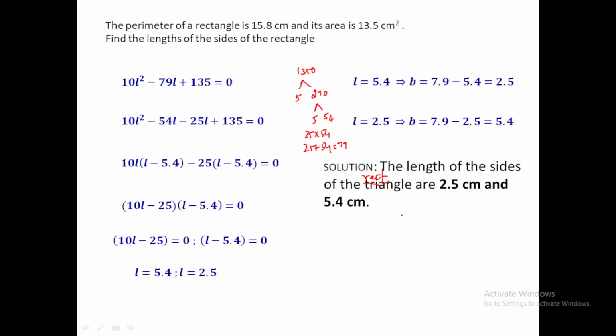So in this problem, what do we have to do? We have to write the mathematical expression, translating the English words from the question. Then we can express breadth in terms of L from the perimeter equation and substitute it into the area equation. We can frame one quadratic equation from that area equation, and then we have to solve that quadratic equation and find the values of L and B. Okay, then can we go to the next question?